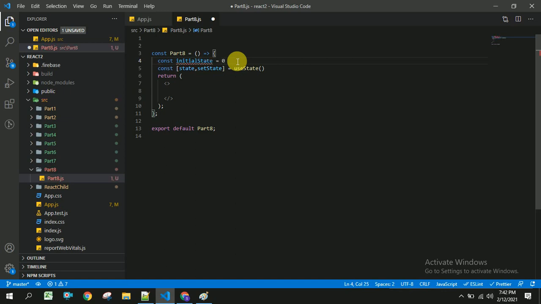Initially our counter value should be 0, and when user clicks on the plus button we will increase that count, and when user clicks on the minus button we will decrease that count.